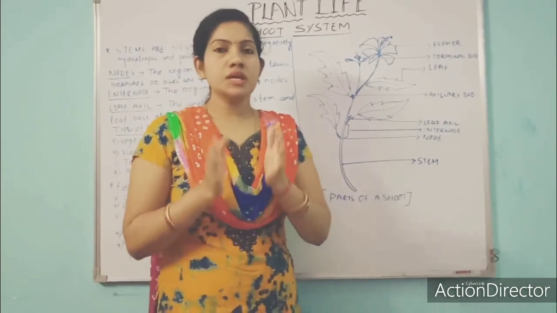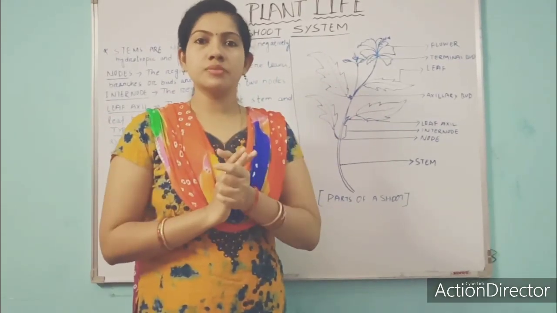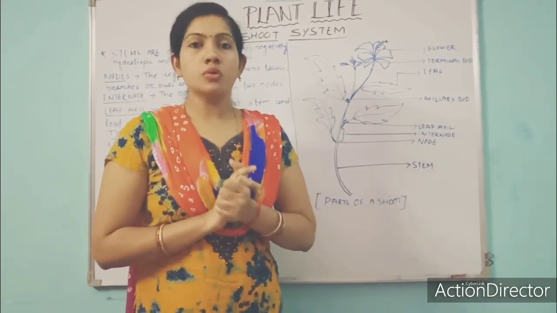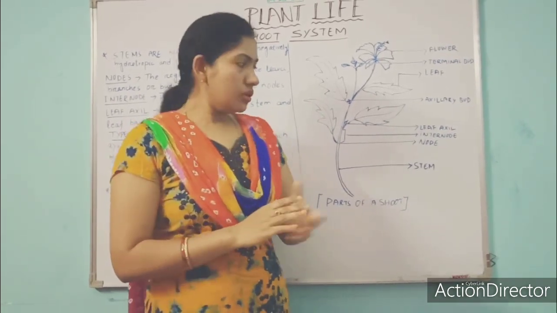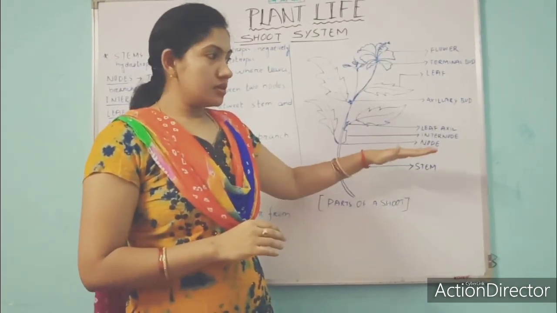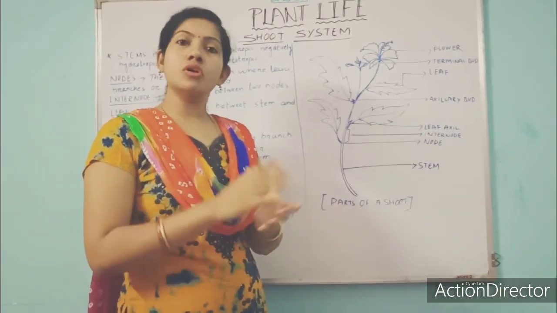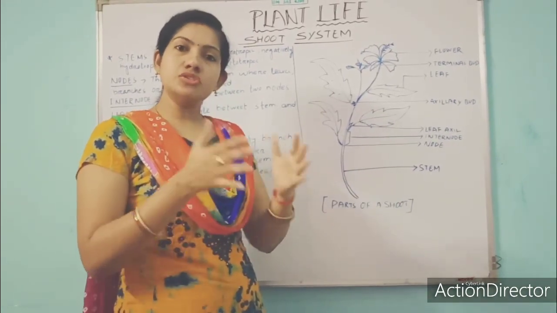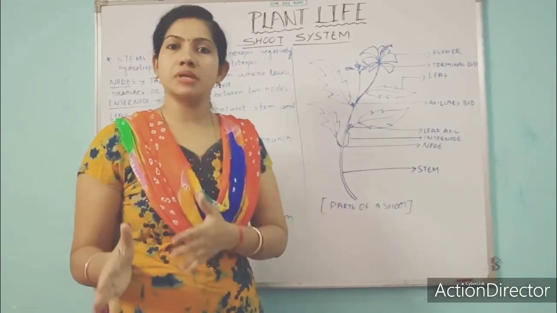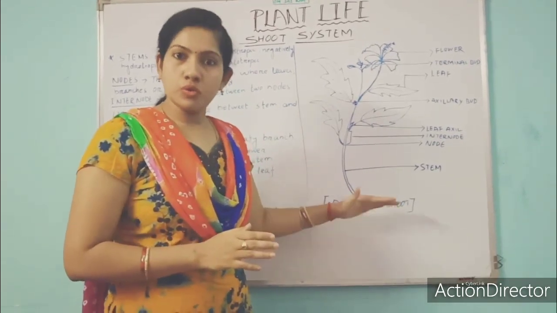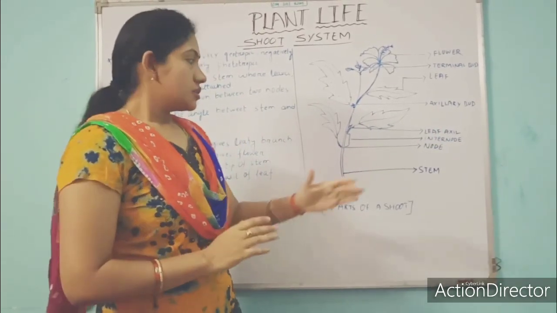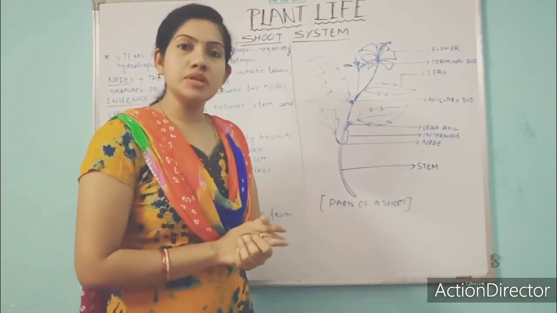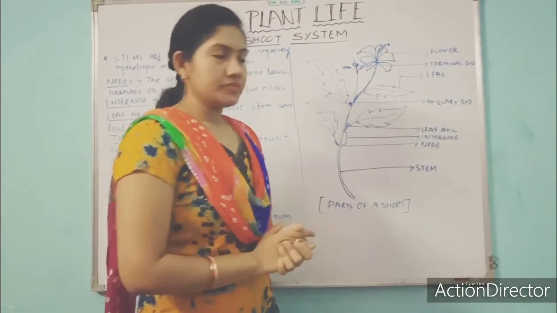So the stem always moves towards sunlight. You might have observed, if you place a pot by your window side, the stem will go out of your window. Why? In search of sunlight. So stems are always positively phototropic because they move towards light for photosynthesis, and they are negatively geotropic and hydrotropic because they do not go towards the ground. As I said, stems may be green in the young stage and brown when they grow older.